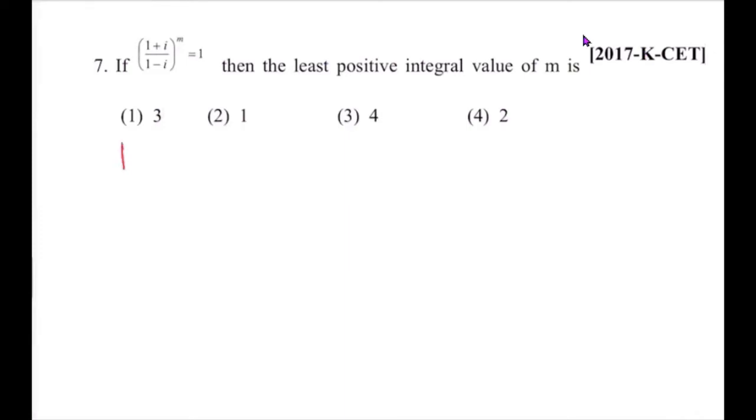Instead, please remember this: (1 + i)/(1 − i) is i, and (1 − i)/(1 + i) is −i. Easy to remember. In the numerator you have 1 + i, here you get i. 1 − i, you get −i. So the given problem becomes